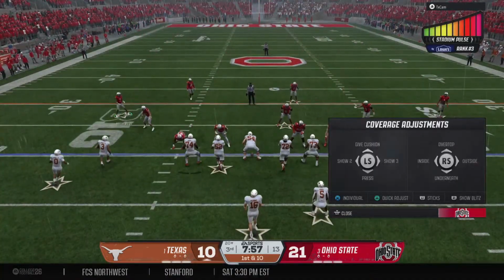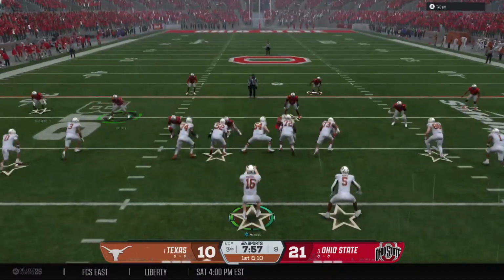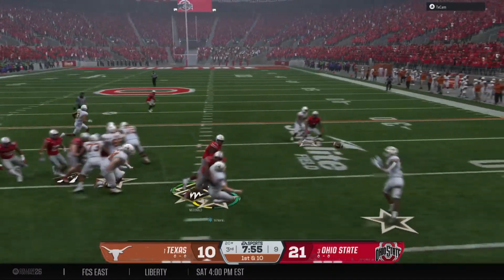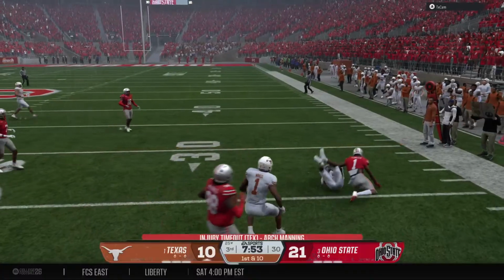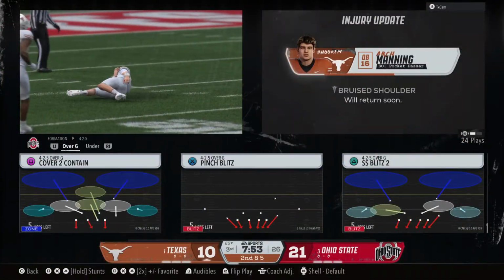Here's the first play of the drive now from the 20-yard line. They'll run the option. The back's got it on the pitch. Looks like a man is down on the field after the last play, so we'll take a timeout.